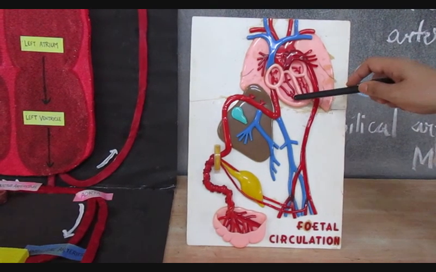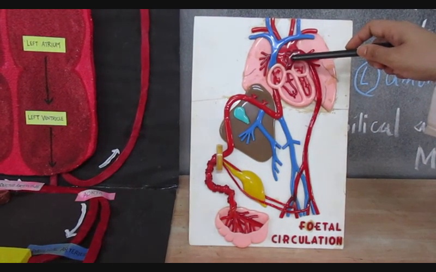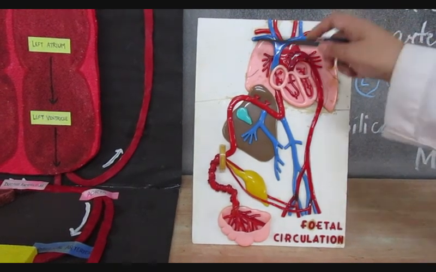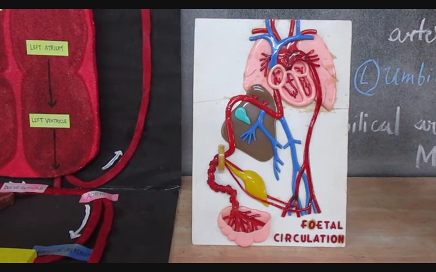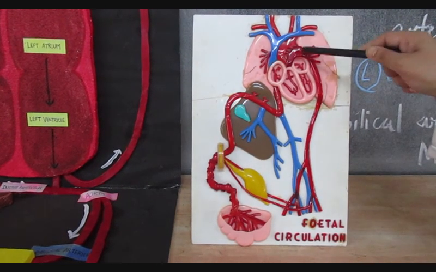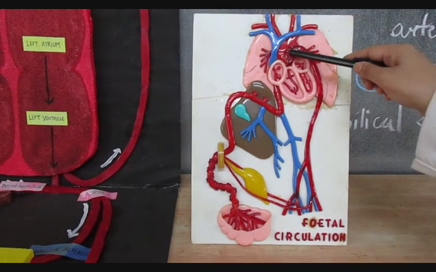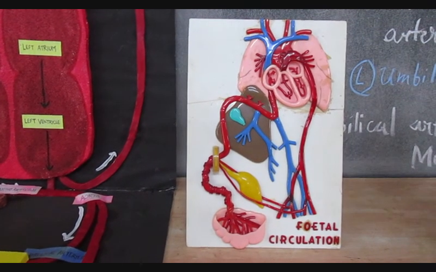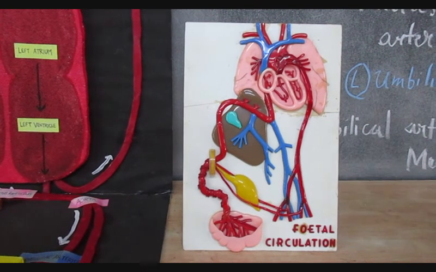Okay, and then it is going via the pulmonary artery, the pulmonary trunk, and because the pulmonary pressure is more, because the lungs are in a collapsed condition and they are non-functional, only a minimal amount reaches the lungs, whereas most of the blood is shunted via the third shunt, that is the ductus arteriosus, to the